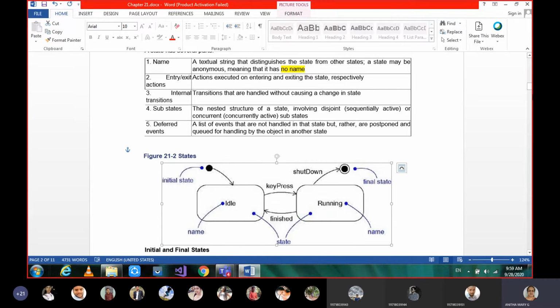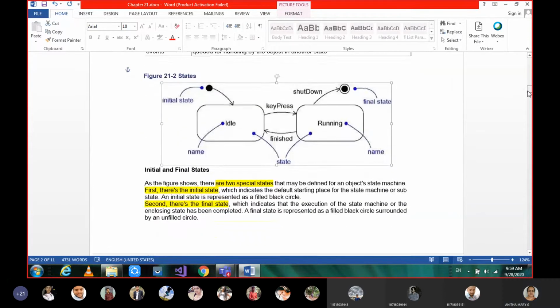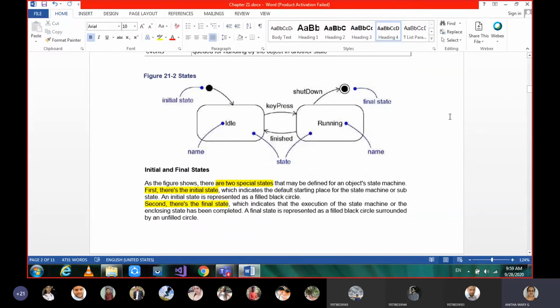So the example here is a part of the example we saw initially. It is about the heater that we use at our homes. The initial state of the heater is idle. This is the name, this is the state, and this is the initial. Each one is named clearly.